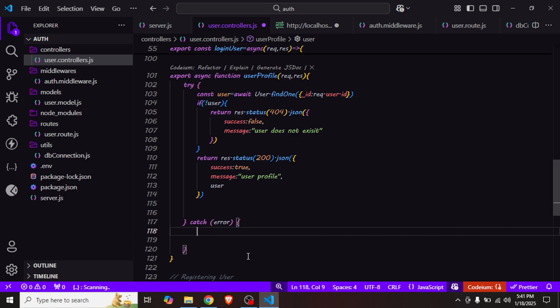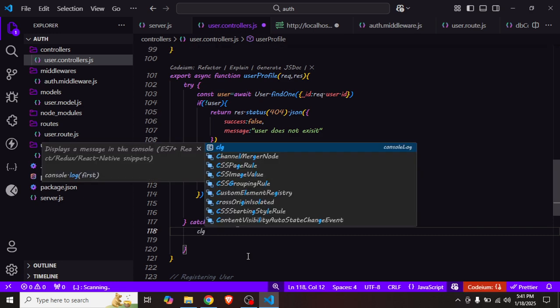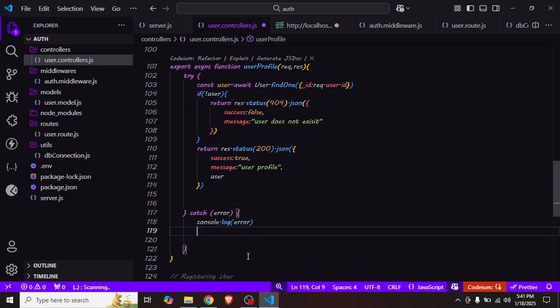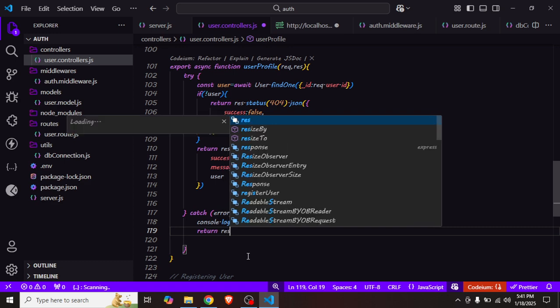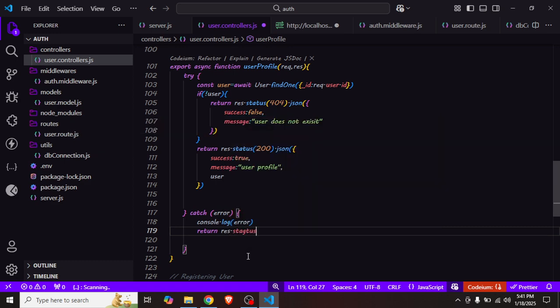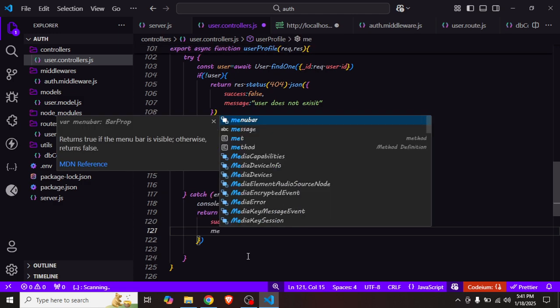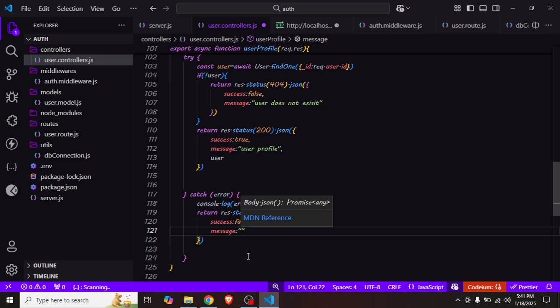And if it falls into an error, then I will have to pass the error object and return a response with status of 500, and in JSON the success should be false, and the message should say internal